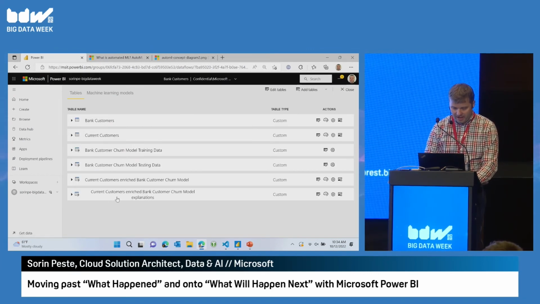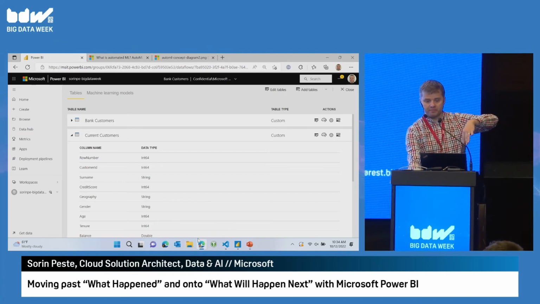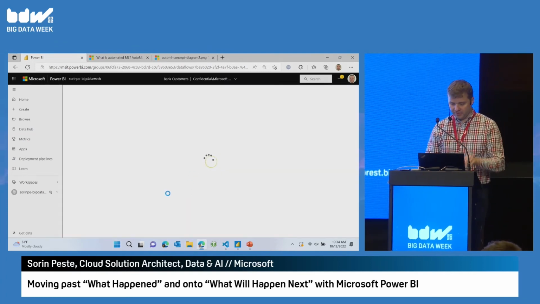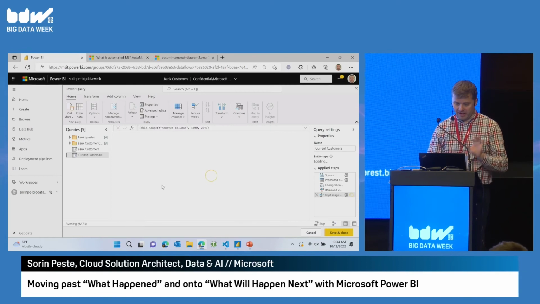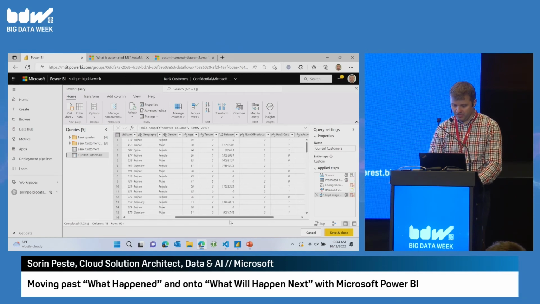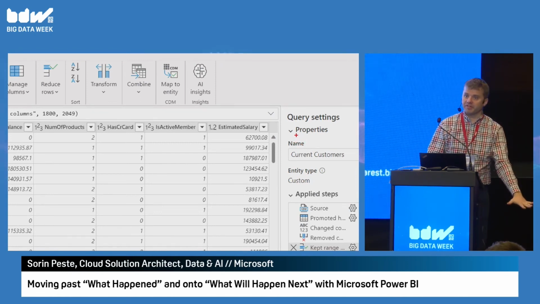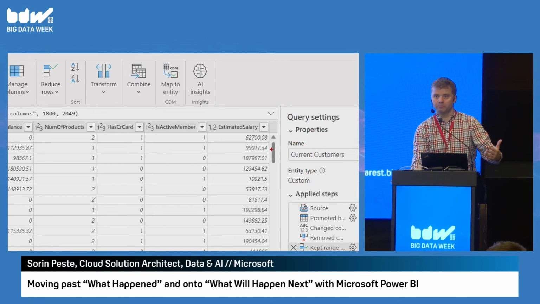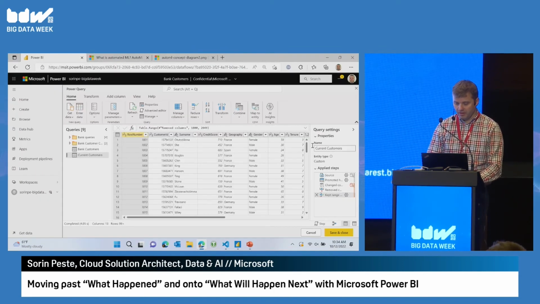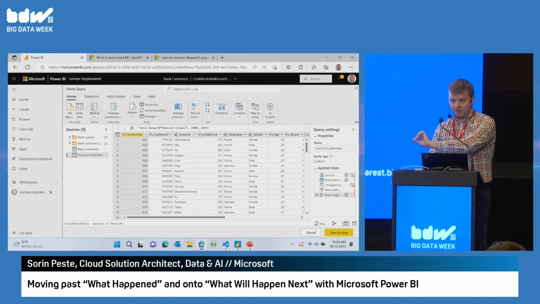Essentially, I may have another data set here, which is my current customers. They have the same attributes, right? So we have surname and so on. I don't have the exited column, right? This is what I'm trying to figure out. They are my current customers. I don't know whether they're going to leave or not, right? That's what I'm asking the model to do for me. So I have the same thing and actually can apply that model. I'm going to show you the result of applying that model.